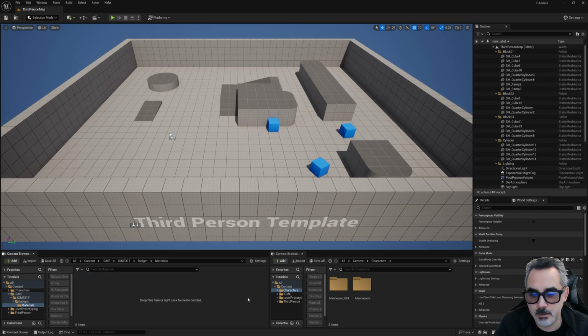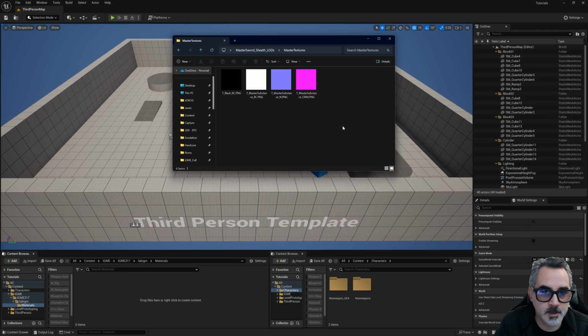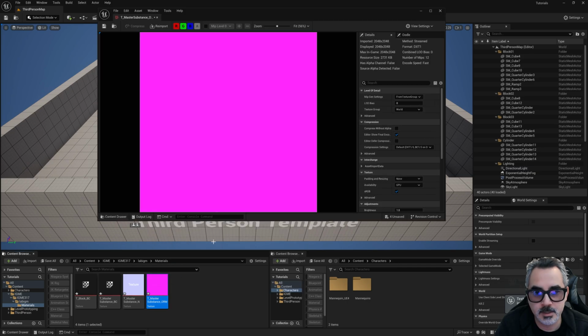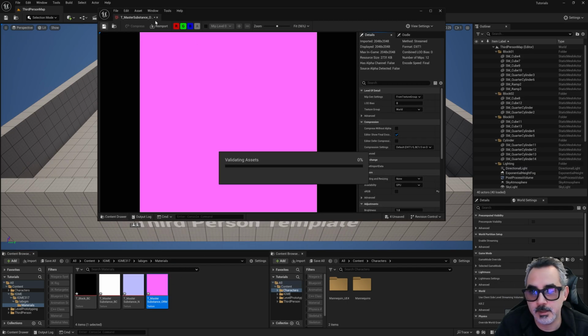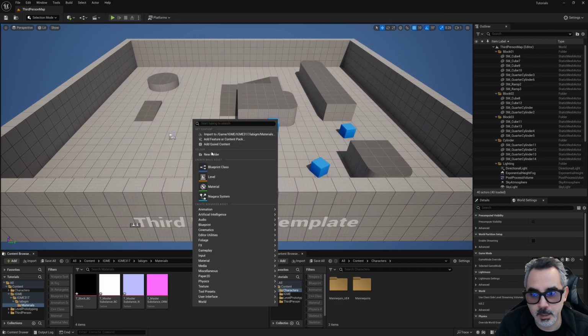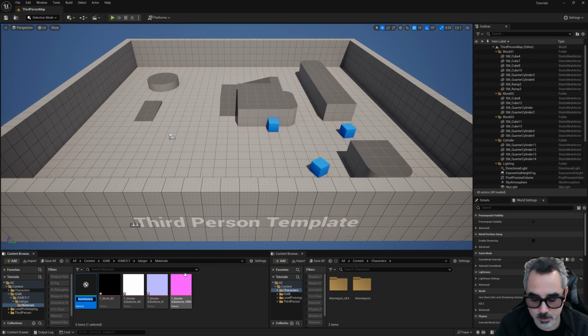And what I'm going to be doing here is importing the textures that I just showed you from the folder. So once I'm in the folder, I'm just going to simply drag and drop. Now remember, this ORM texture is not going to be in the normal sRGB space. So you have to remove that and save it. Once I do that, I will be creating a new material, and I will be calling that my m_master